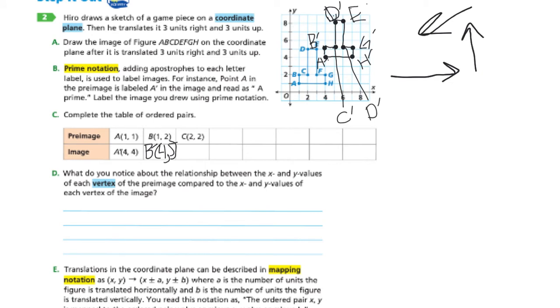Okay, so I made this a little bit bigger so that I could draw and it would be a little clearer. So when you move every point up 3 and over to the right 3, then you get this new figure that looks the same as the other one, and these new points, A prime, B prime, this is C prime down here, D prime,